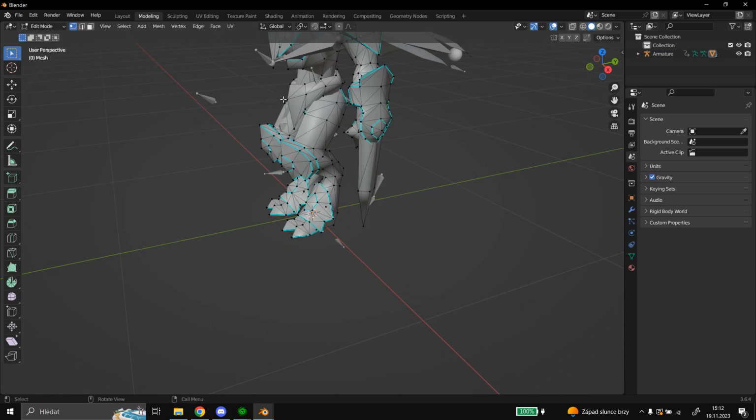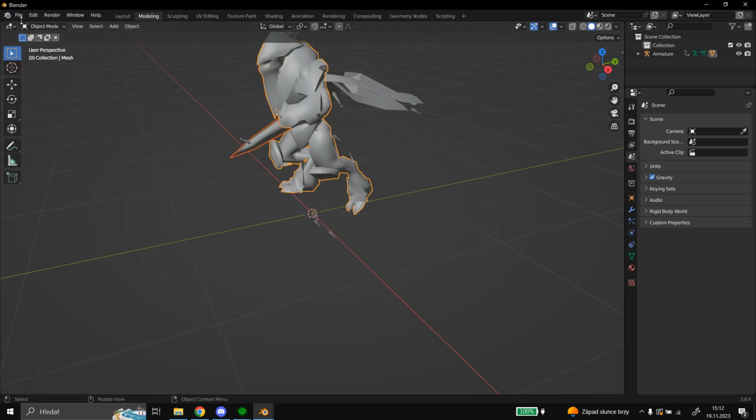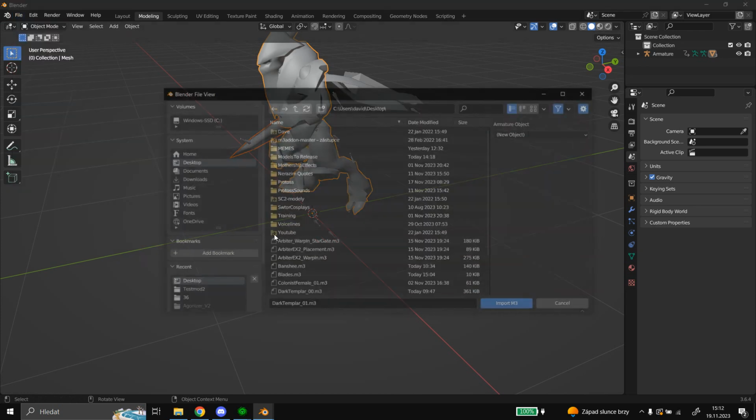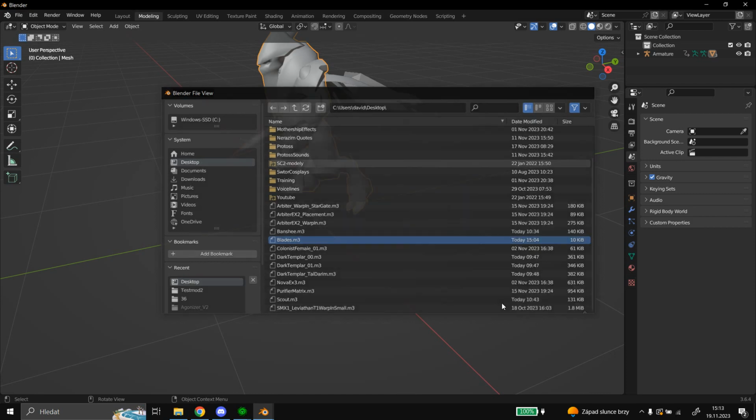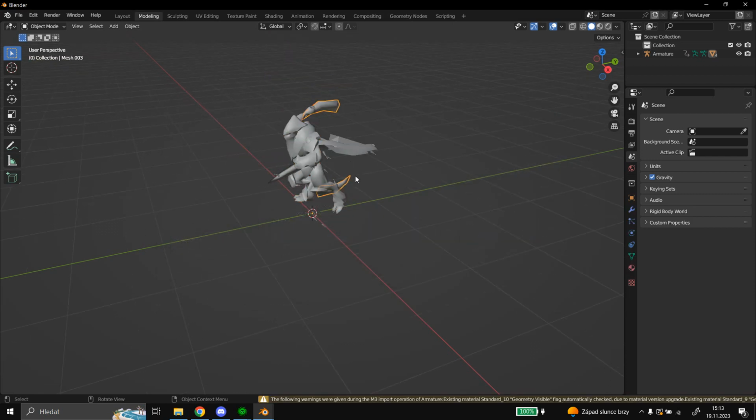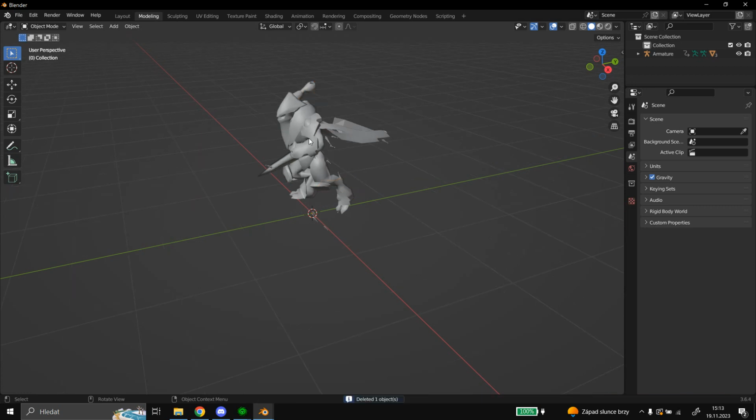You can do the same, just separate this one. Import the blades model we have here, rig animations, import, remove the imported blades,